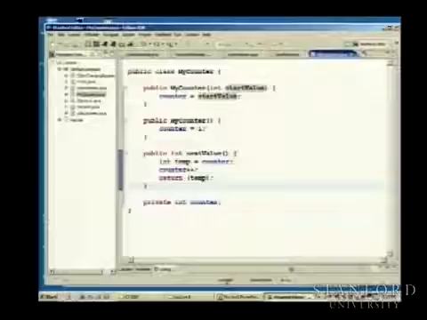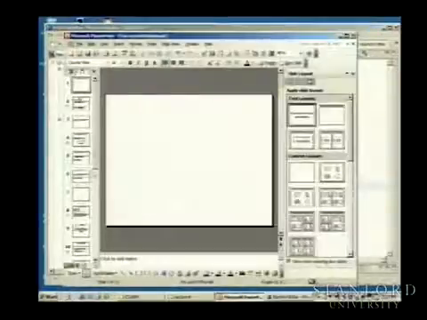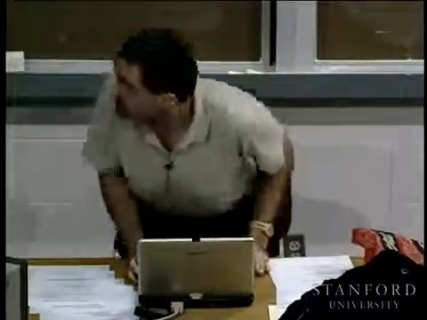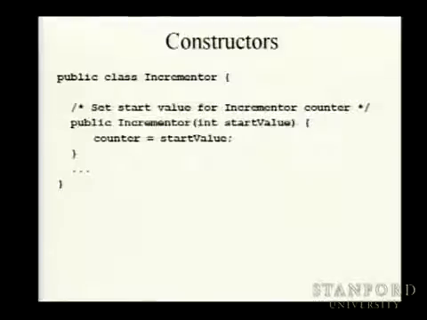Now, let me show you one other thing before we actually make use of this class. It's a way that we could have done things slightly differently. So when we actually created the class, here's our constructor. In this case, I've just renamed the class from myCounter to be Incrementer, because incrementer is kind of the more funky computer sciencey term for it. An incrementer is something that adds 1 to something and counts. So rather than myCounter, which is all fuzzy and cute,